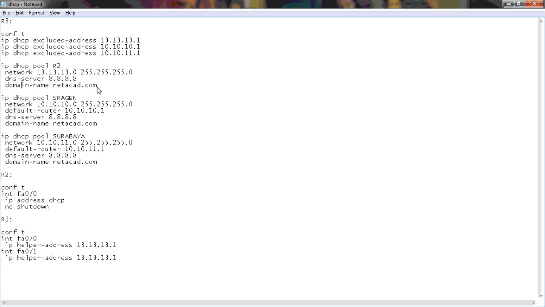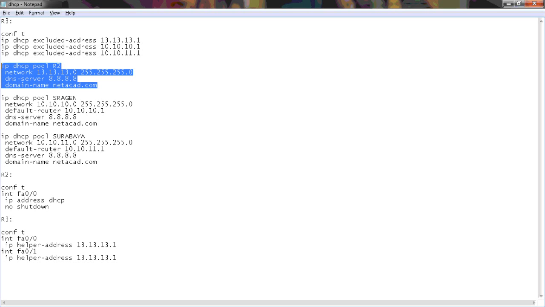Here we don't need to configure the default router because we don't need to give a default gateway to the FA00 of R2.